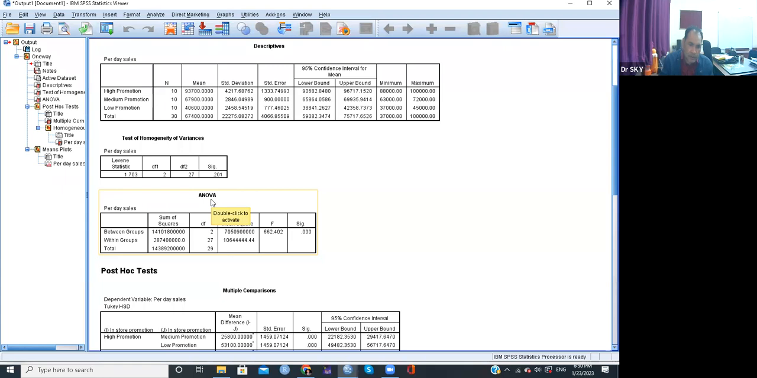Now we come to the ANOVA test. You can see here the between groups and within group, the F value is this one, and the p-value is 0.000. It means the null hypothesis is rejected. It means the average sales for all the promotions are not the same. Now, since it has been rejected, we'll go for the multiple comparison test,